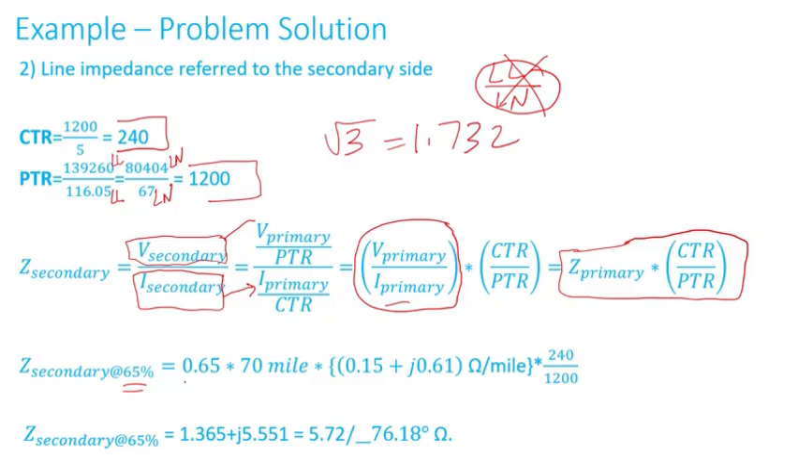So I just do 0.65 times the line length, which is 17 miles, times the primary impedance per mile, which was given. That way miles will cancel out, and I get times the CT ratio divided by the PT ratio. If you carry out the calculation, you get 1.365 plus j 5.551, or if you want it in polar form, it's 5.72 with an angle of